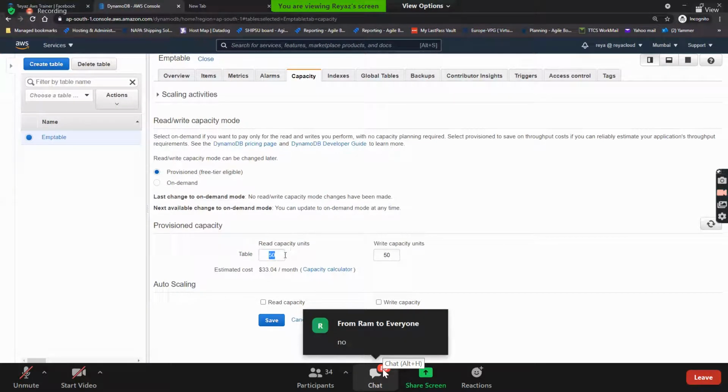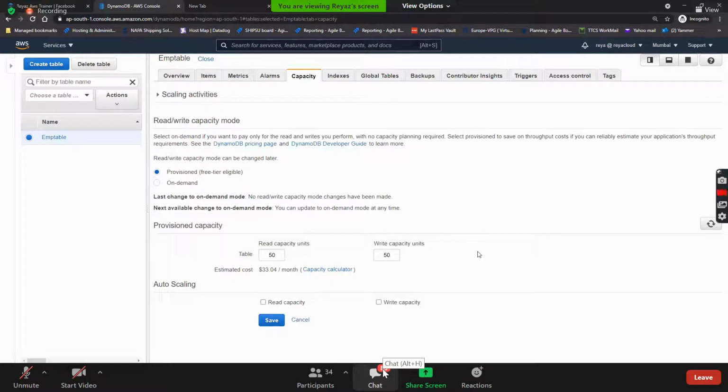Anytime you can just mention the numbers here based on how much RCU, based on how much WCU that you need. Remember the formulas yesterday we have done, how many read capacity units you need to have, how many reads you need to do, how many writes you need to do. Based on that, you need to go and do this here.